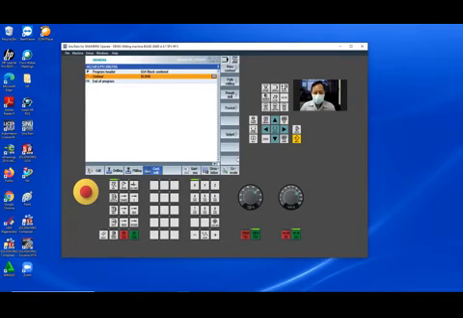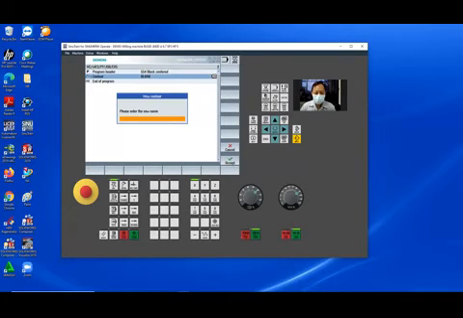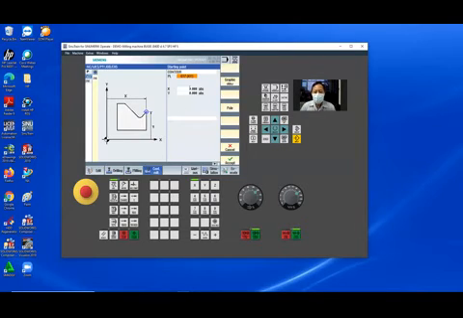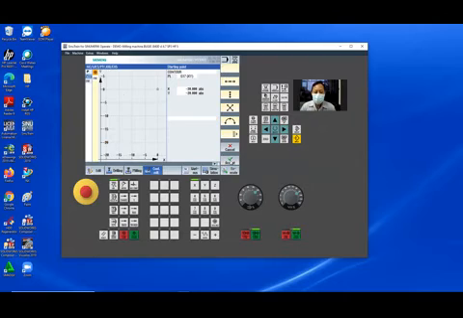After this, new contour again. Enter. Like before, minus 20, minus 20. Okay, accept.